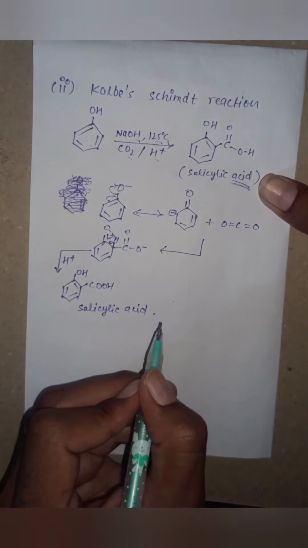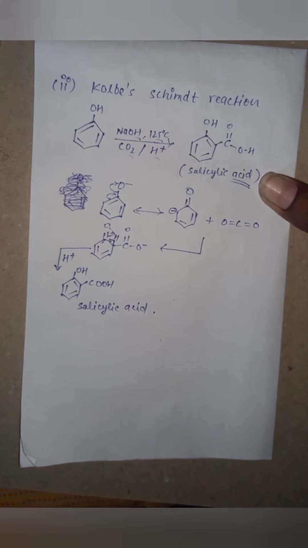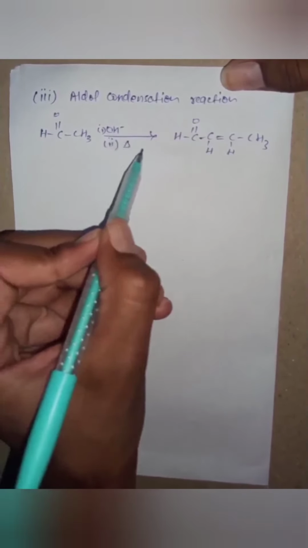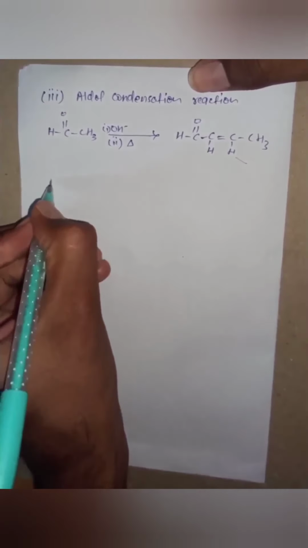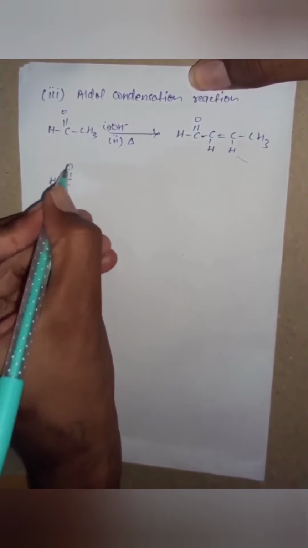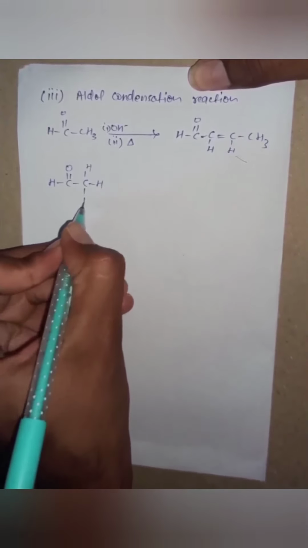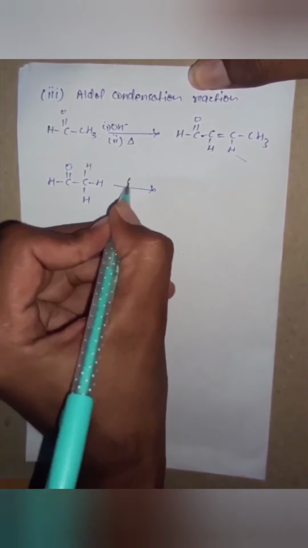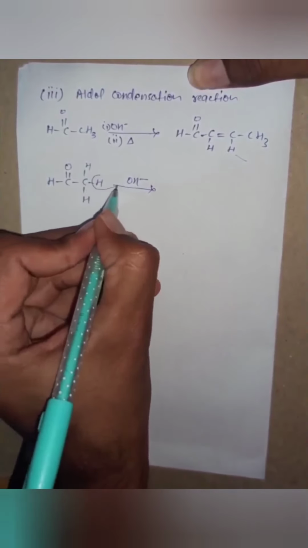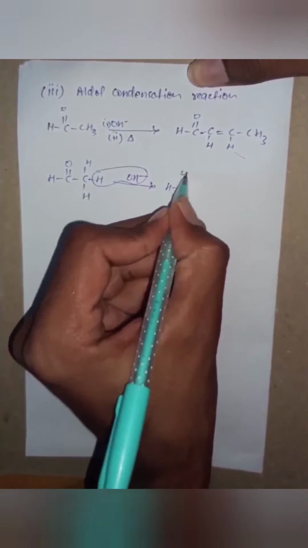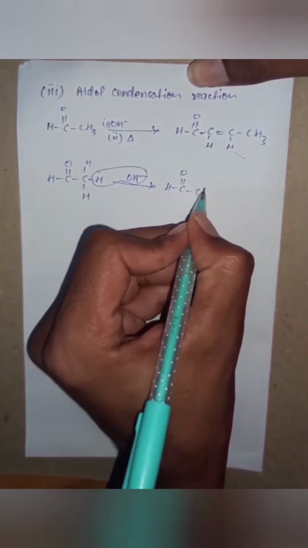Now move to the next reaction, that is aldol condensation. In this the acetaldehyde reacts with base and in the presence of heat to give such a compound. The mechanism is the acetaldehyde reacts with the base and the water is removed. So the remaining compound comes to be,